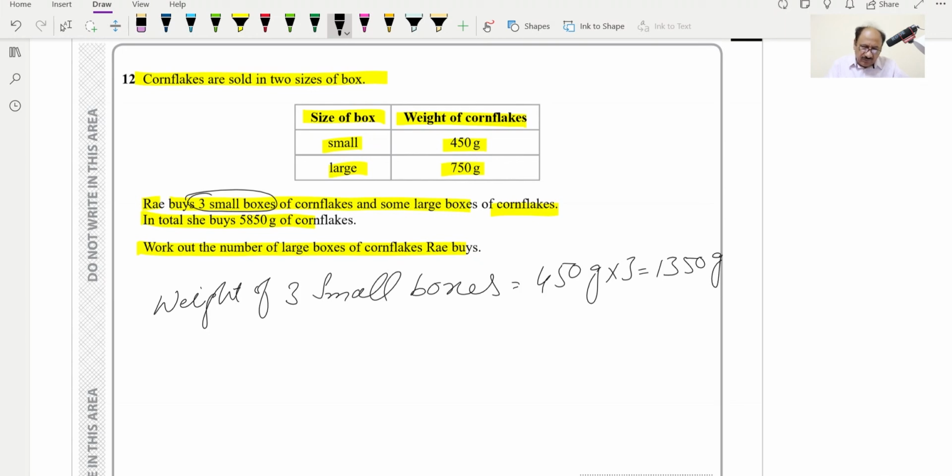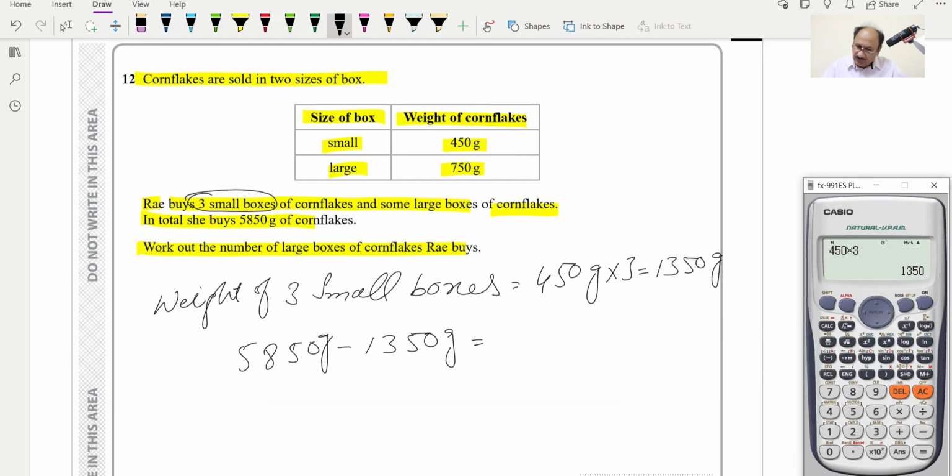And out of this one, 5850 grams minus 1350 grams, so this will be the remaining weight for the large boxes. So this will be equal to how much? This will be 5850 minus the answer